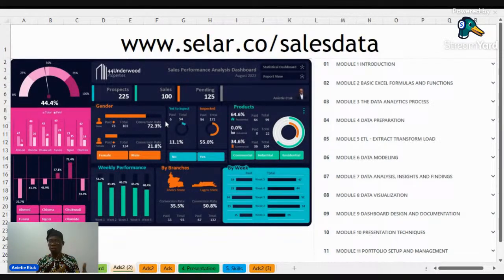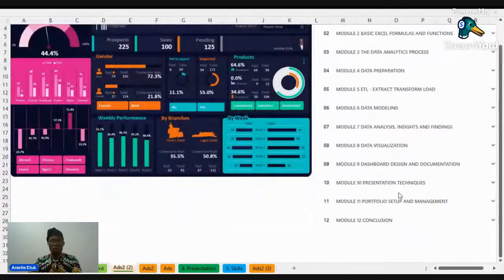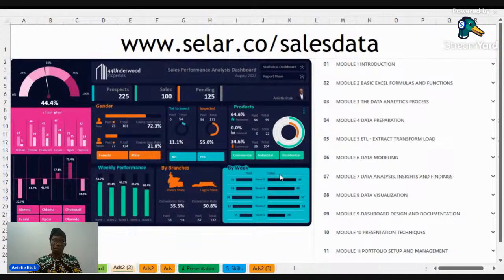Some of the corrections I've made, I also handle them in this class. For example, in this particular course, I covered what is called documentation and dashboard design. I've seen a lot of dashboards, and I can tell you that when it comes to dashboards, I have 1 or 2 things you need to learn. So I covered dashboard design, I covered documentation, to the extent that I also talked about LinkedIn optimization, how you can build yourself in that area. And we covered up to presentation techniques.